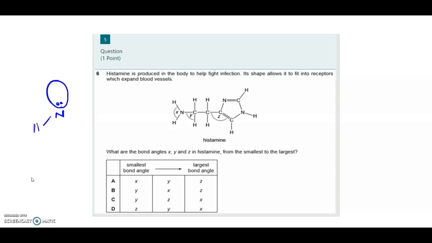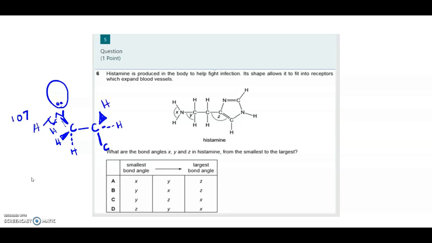Nitrogen has a lone pair, so it has a shape like this, and here if carbon is attached, if there is 1 lone pair and 3 bond pairs, it has a bond angle of 107. So here the bond angle between this is 107. Now here carbon is attached, and all valencies of carbon are utilized. It means carbon is sp3 hybridized and it has a tetrahedral structure. And it is again attached to a carbon, and again it has 2 hydrogens,